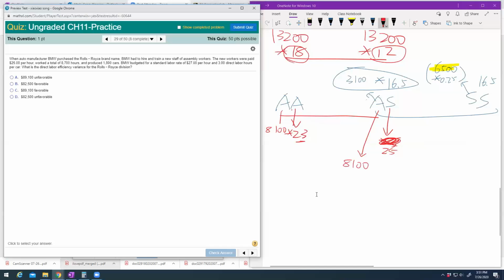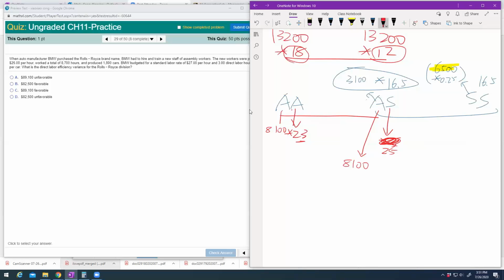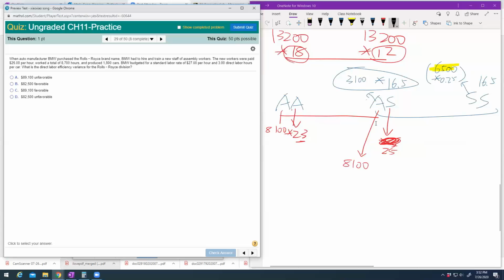Okay, now let's look at our efficiency. We still look at our efficiency, actual and standard. So we said use another color. Okay, actual standard. So let's say you manufacture this. The new worker will pay at 25, so we don't worry about that. Totally you used